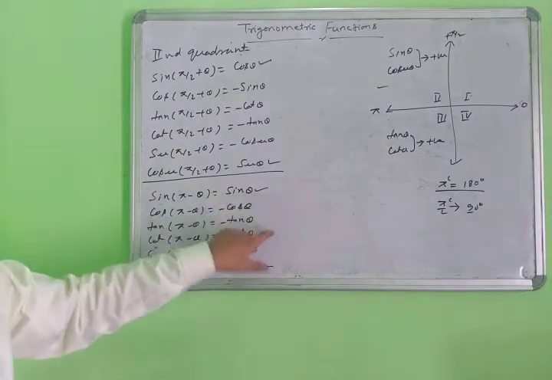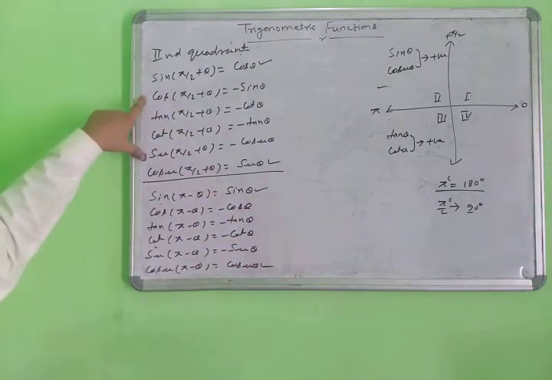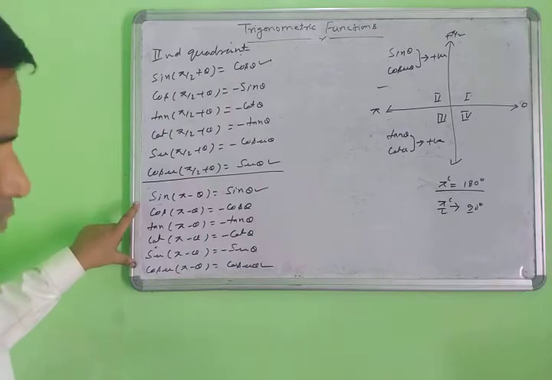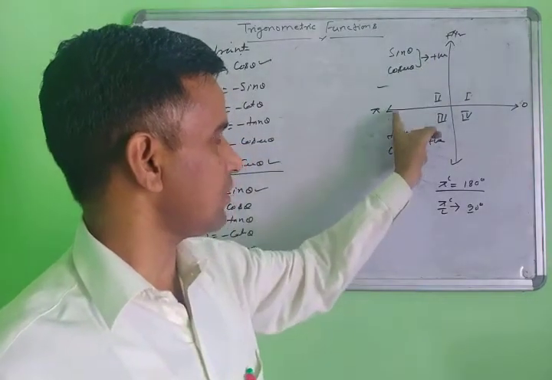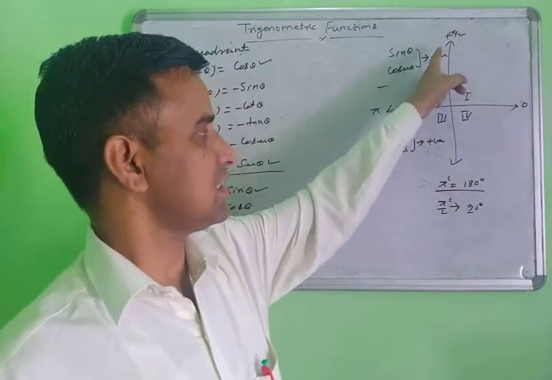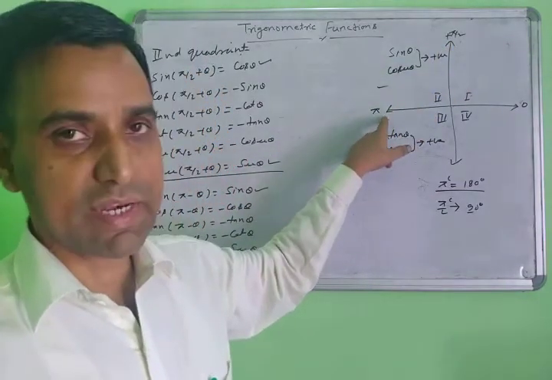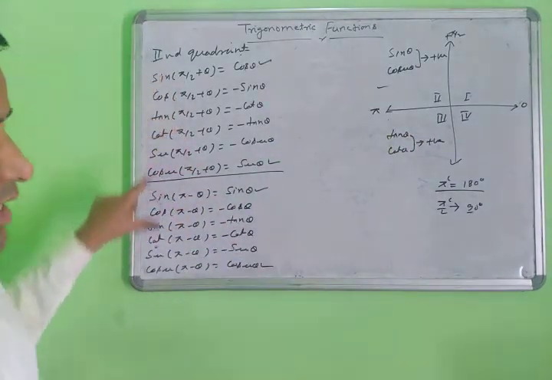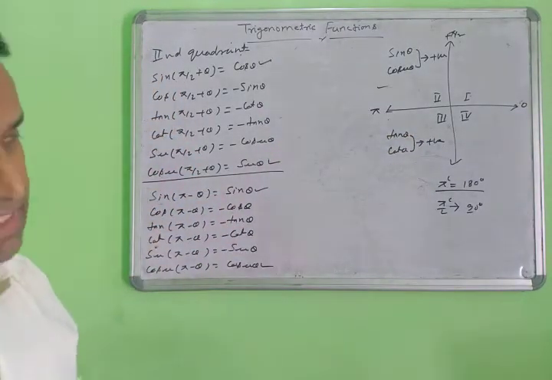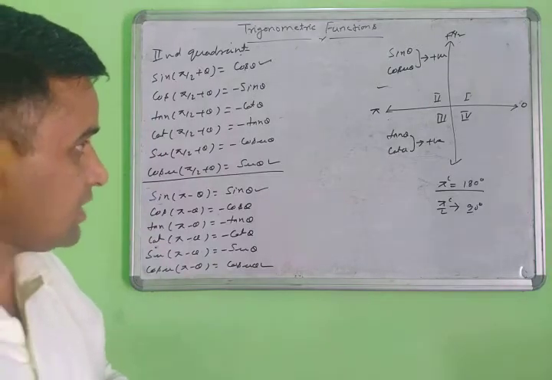So this is also the second quadrant. This pattern is second quadrant. This pattern is also second quadrant. Because here 90 plus something, you are moving from this side, or you are moving from this side. The 90 plus something is the second quadrant. When it is 180 minus something, then you are also going into the second quadrant. So then both are second quadrant identities. But an important thing here.